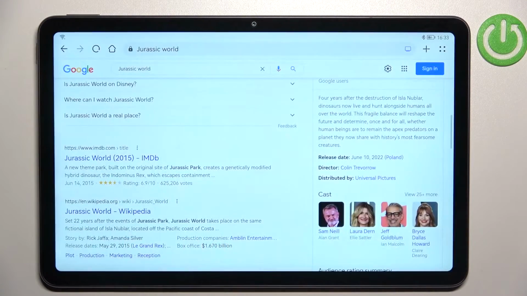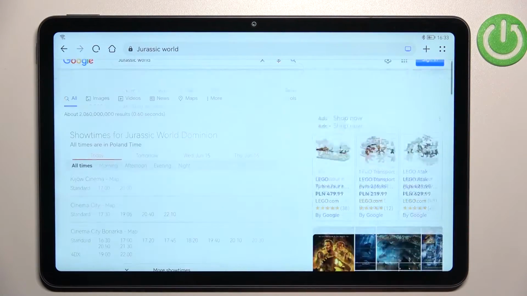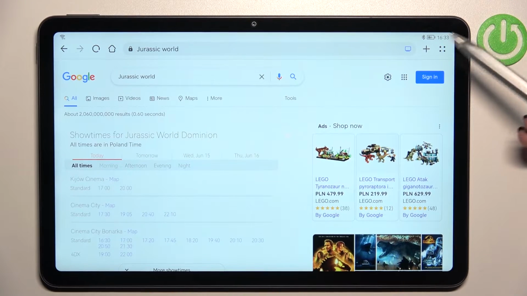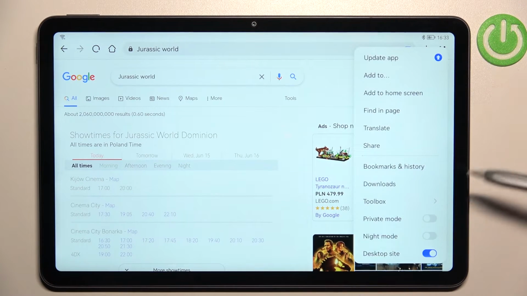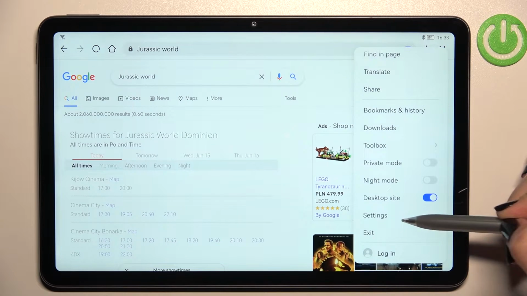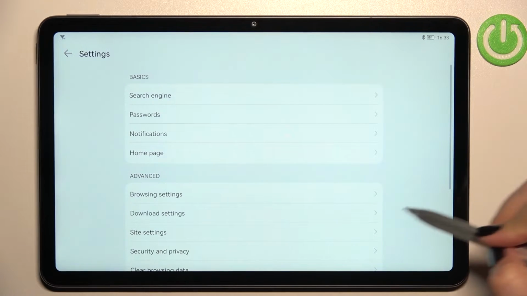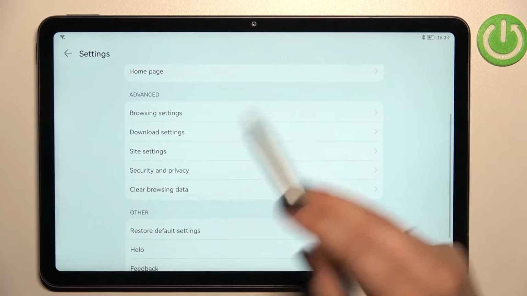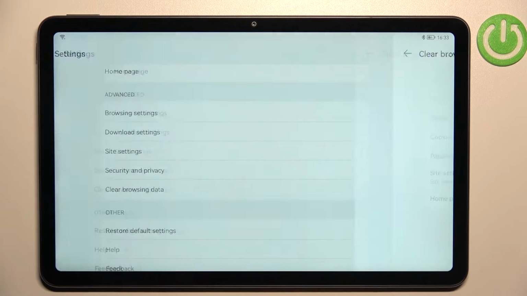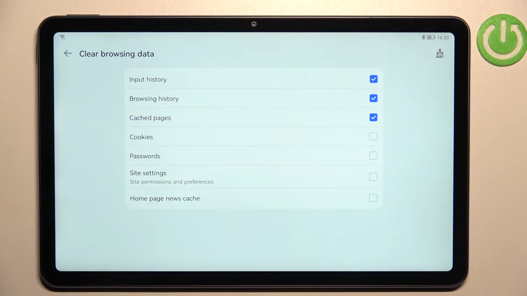So first of all, let's open the browser. In my case it will be this default one, and now let's tap on this 4 dots icon in the right upper corner. Now we have to scroll down and find the settings, and here let's go to the advanced section. Now let's tap on the clear browsing data, which should be at the very bottom, and here we've been